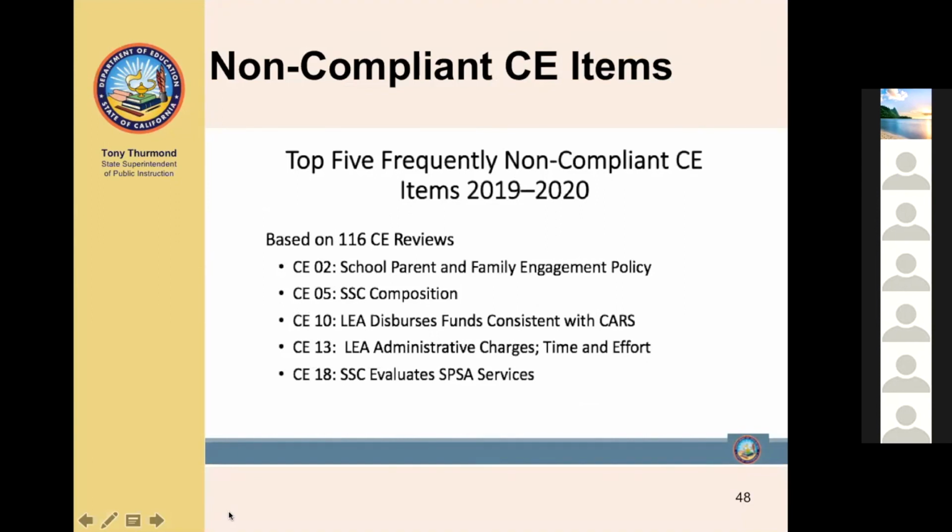As we see, CE2, which is School Parent and Family Engagement Policy, CE5, the SSC composition, and down at the bottom, CE18, the School Site Council evaluates the SPSA services. So 3 out of the top 5 noncompliant items for last year, the 1920 school year, were typically found out of compliance.